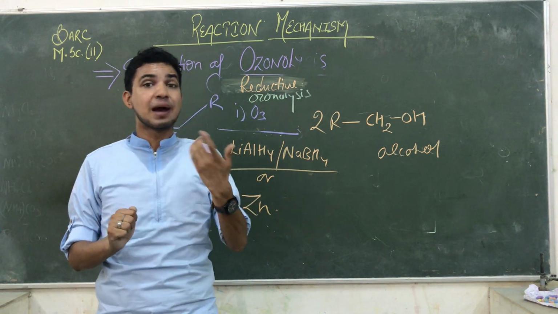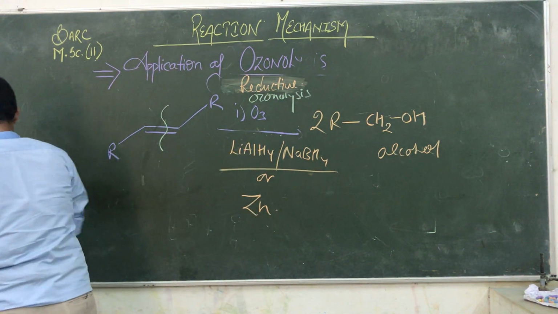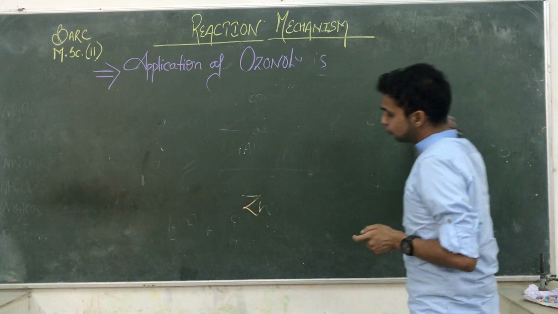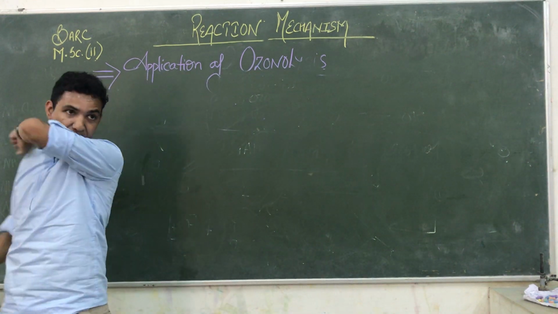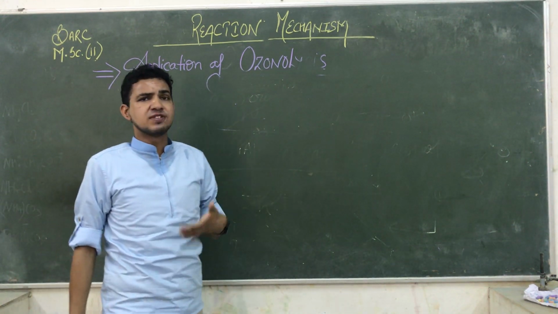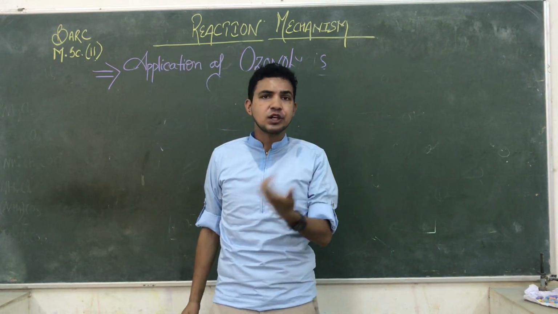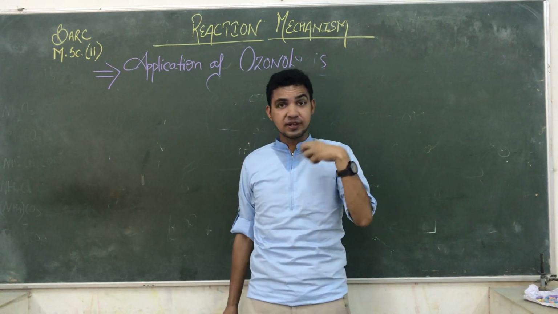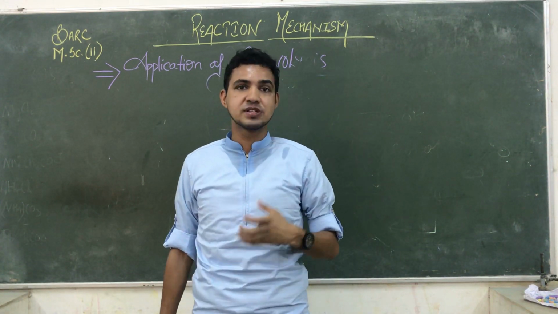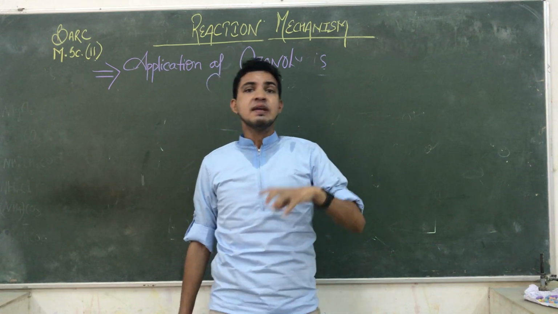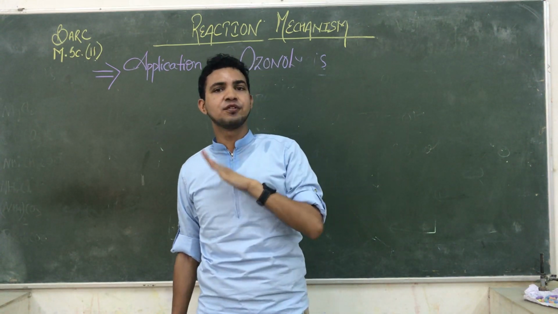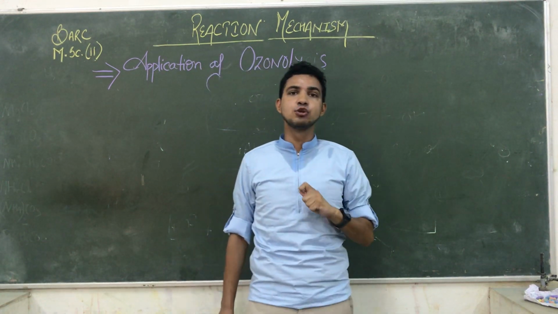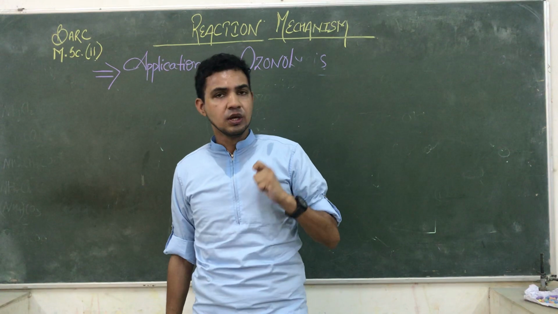Then we are working on its application part. So see guys, I am showing you applications. Today we are generally working on the applications of ozone, and you know ozone is highly explosive in nature because when oxidation takes place, it liberates a large amount of heat. It is very difficult to handle that kind of heat. So the reaction takes place inside a very specific instrument known as ice cube incubators. The ice cube incubators conduct different types of ozonolysis reactions at very low temperature, and that is generally used for synthesizing different kinds of drugs.